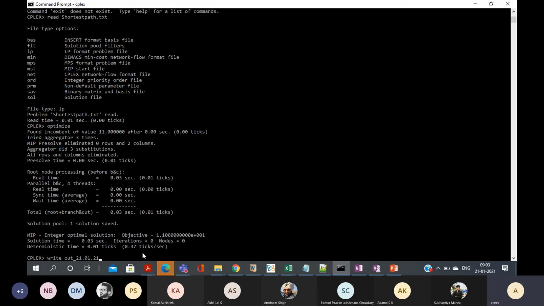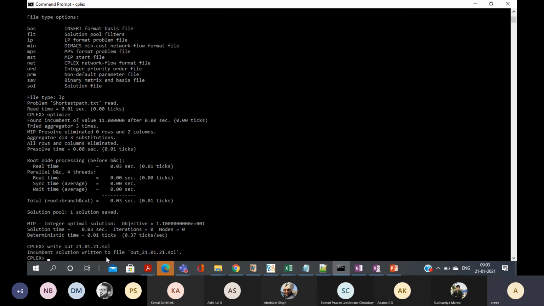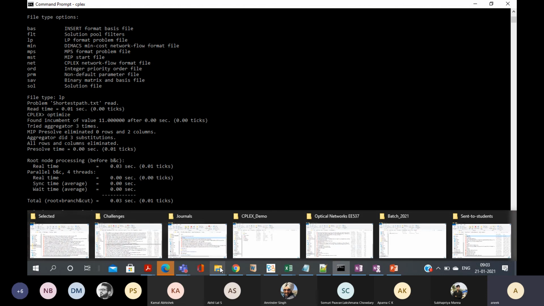Okay, 210121, and then the extension should be sol. Incumbent solution written to file out 210121 sol. So then this file should be generated in the same folder where the text file is; it will be stored there.